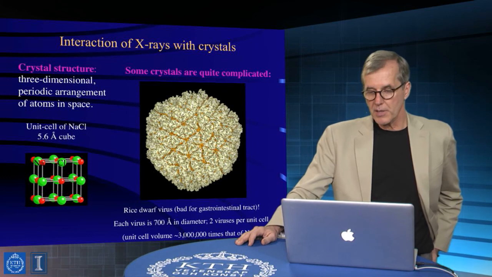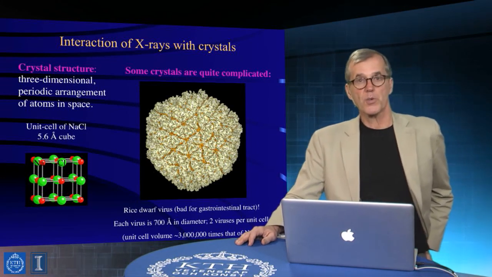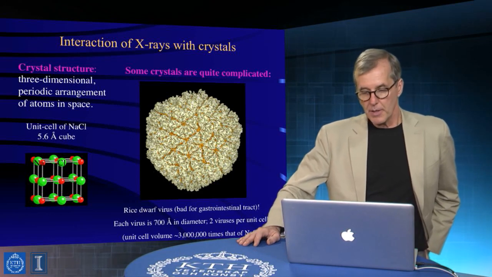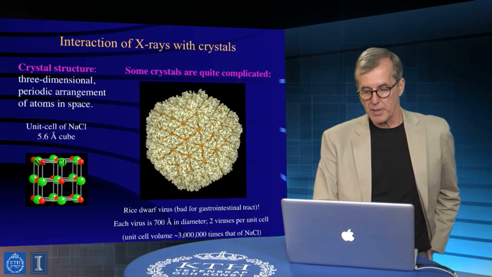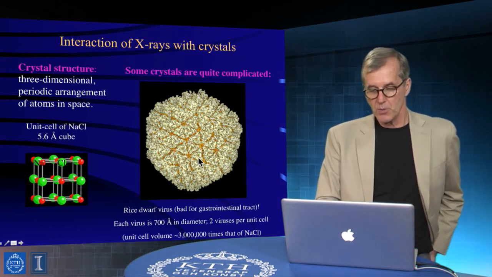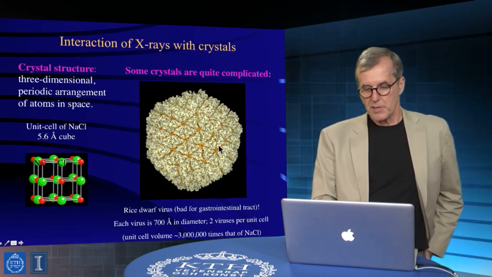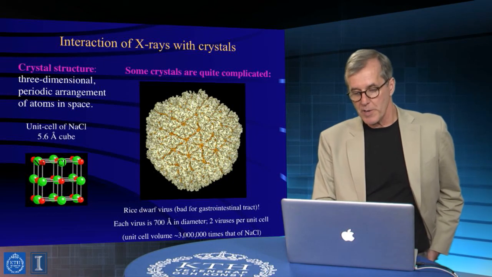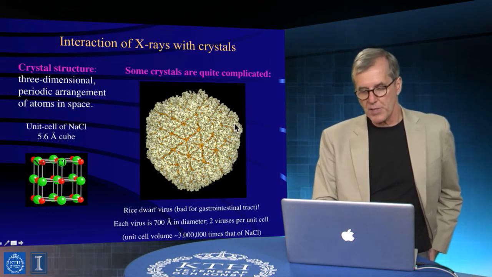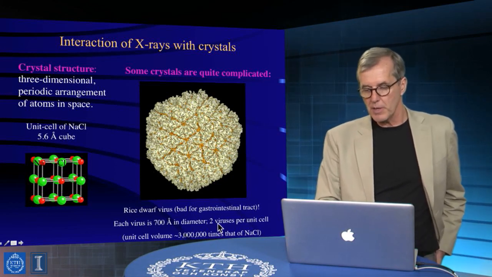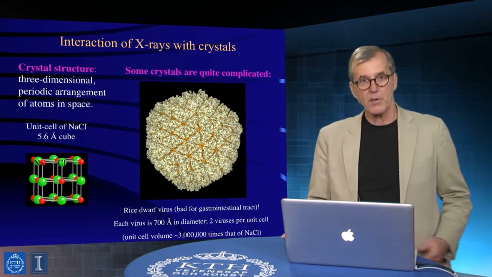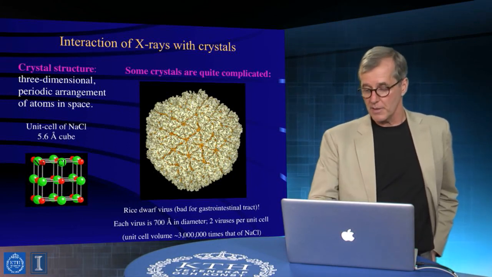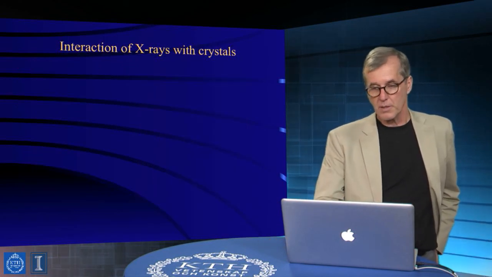Okay, and I think the thing that's interesting to note is that sodium chloride was a structure that was solved in the original research leading to the award of the Nobel Prize, and the kinds of structures that are being solved now, right? So for example, the so-called red dwarf virus that's shown here, it's infamous because it's bad for you, right? But it's also an infamous kind of material for trying to do a crystallographic structural determination, because the ordered habit of all the atoms present in this object basically corresponds to a unit cell volume that's 3 million times the size of the unit cell of sodium chloride. So that's a lot of atoms to figure out where they are. But this is the kind of thing that can be done, or at least approached, through the current capabilities of